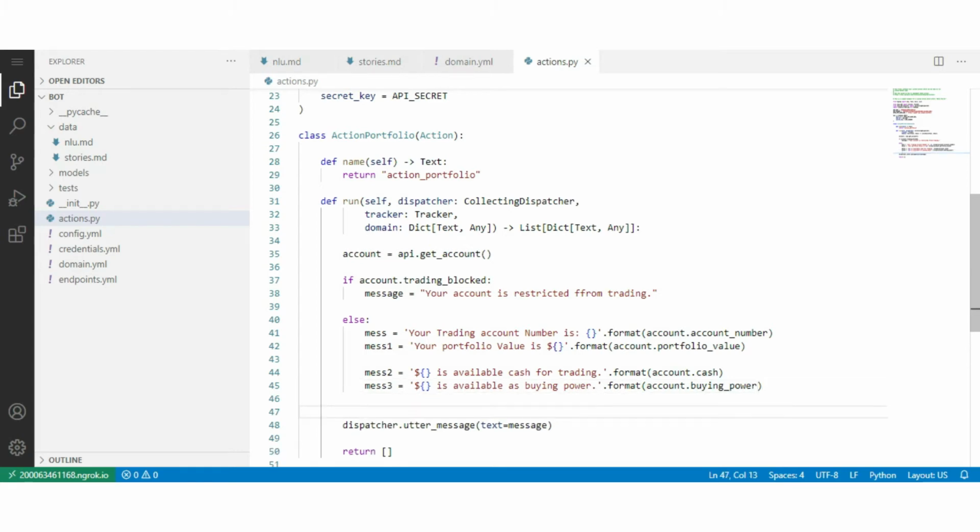We also have to give the details of the value of stock available in our portfolio. For that, type total stock, account.portfolio value minus account dot cash.